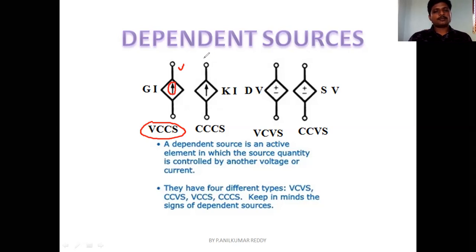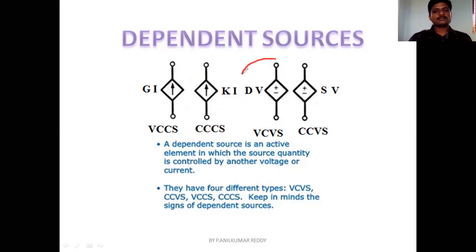And next, suppose you take the other kind of current source, that is current controlled current source. It is also represented by a diamond symbol and with a direction, and here you have a value, and this value depends on some other value of current. Therefore, current controlled current source is a current source where its output value of current depends on some other value of current. Okay, so that is about dependent current sources.